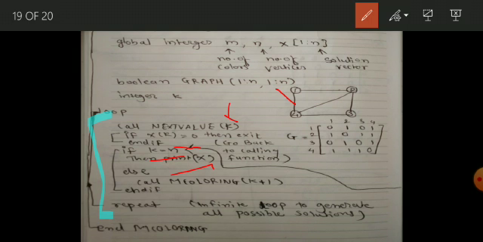If not, that is if k is not equal to n, that indicates so far we have colored only a few vertices and we have not yet reached the last vertex. In that scenario we are again calling the same recursive function m coloring with the next vertex number. For example, if we have colored vertex 1, then next time we will be calling k plus 1, that is 1 plus 1. So m coloring 2. Next time it will be m coloring 3. Next time it will be m coloring 4. So when m coloring 4 is done, if we have got a valid solution, then k will be equal to n, that is 4 equals 4.